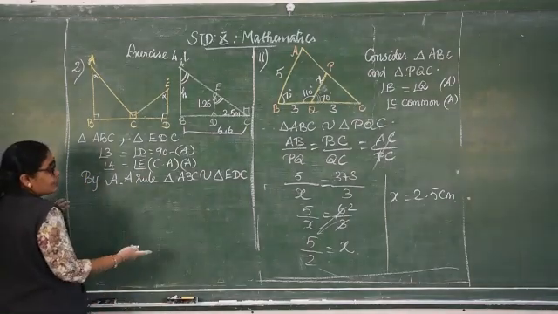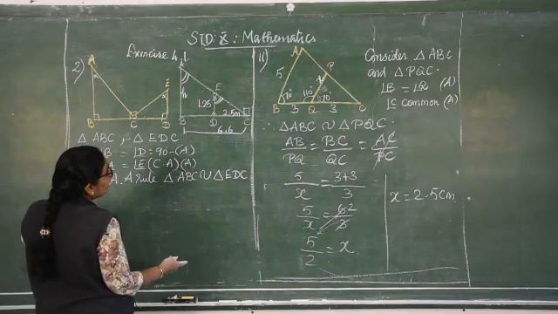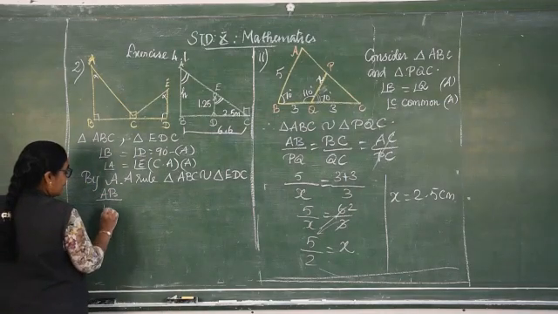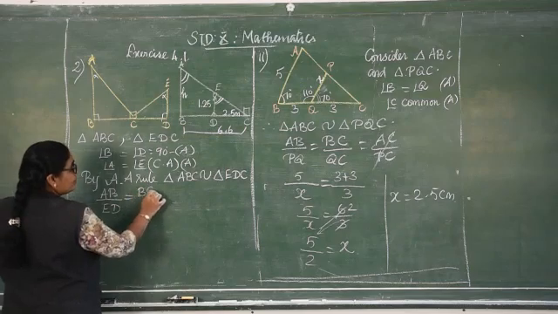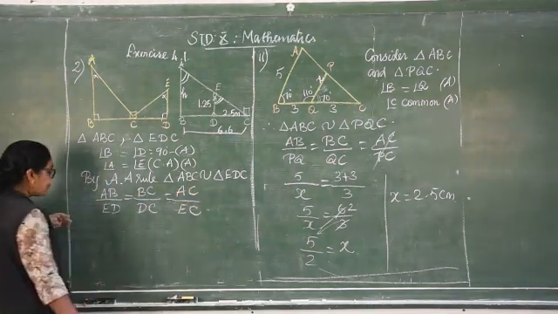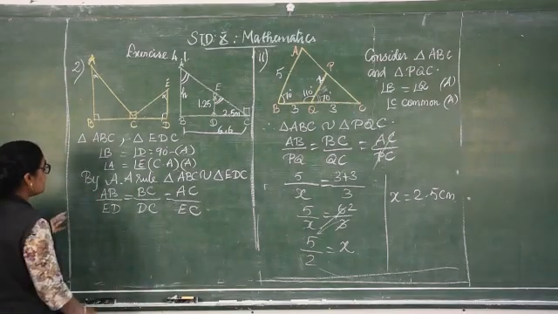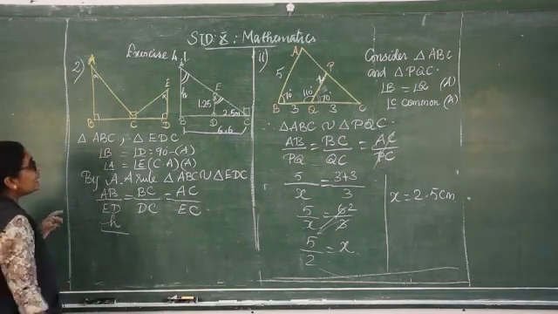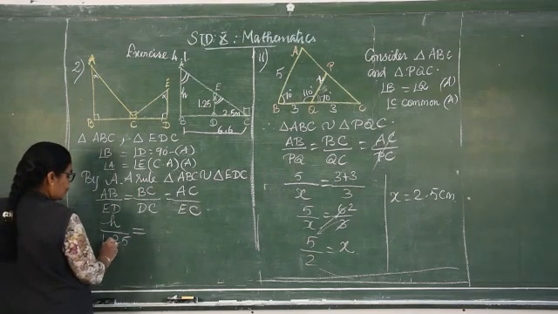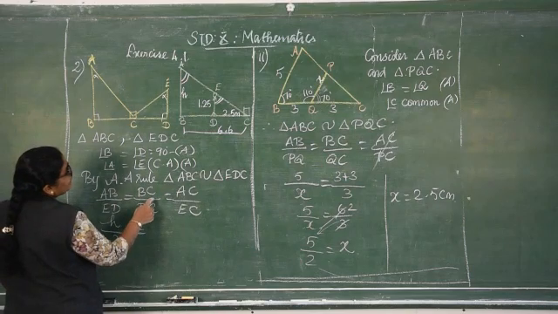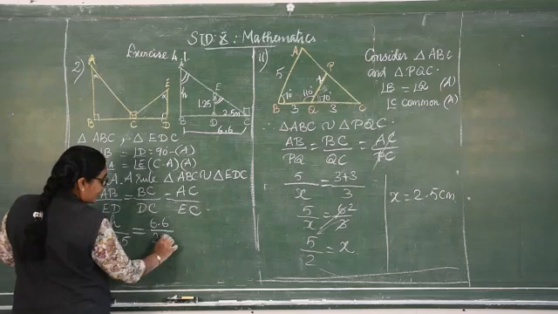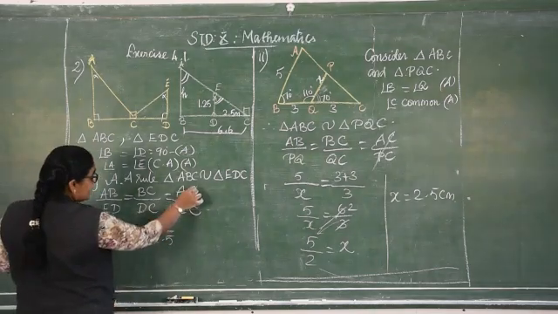What are the conditions? We don't know. E values, where else we are using E, that we don't know. So let me write AB by ED is equal to BC by DC is equal to AC by EC. AB value, this is the important value, H by, where is ED? ED is 1.25. BC is 6.6 centimeter, DC is 2.5 centimeter, AC we don't know, EC we don't know.